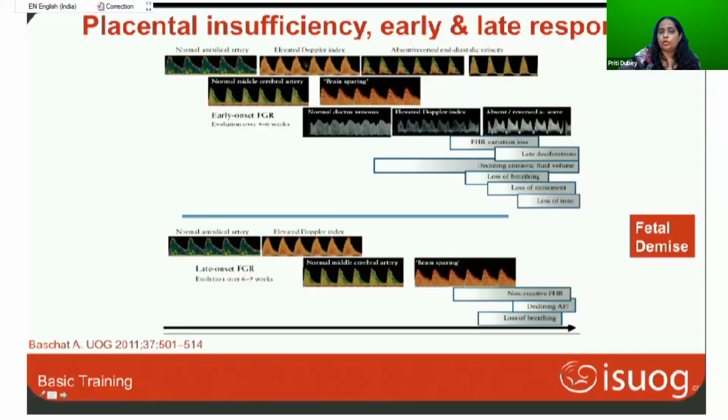So we need to know that late onset FGR babies are always AGA babies. They lead to stillbirth and a high perinatal mortality rate. We need to catch these babies and separate them from early FGR babies. So now I have told about what is SGA, what is early FGR, what is late FGR. That is growth less than 10th centile. And now I will go to